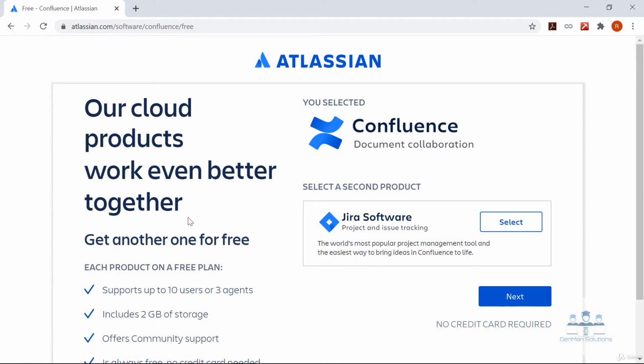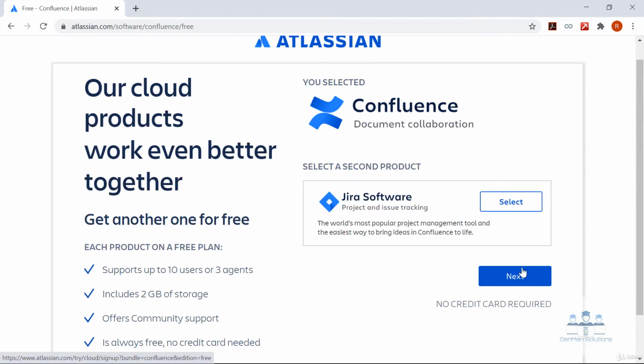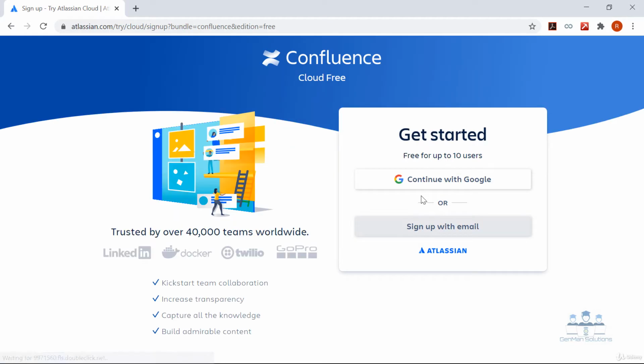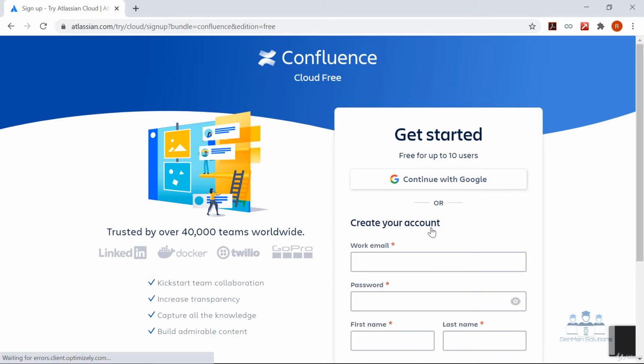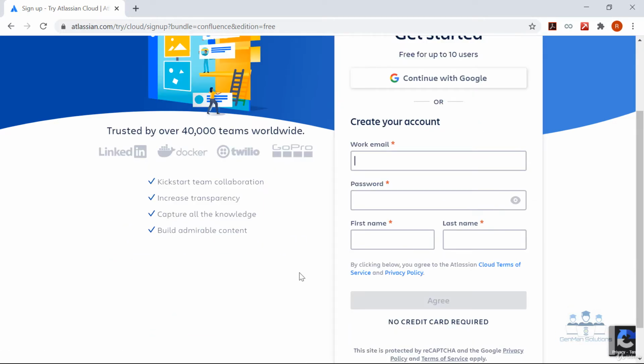Click Next. You can now create your account either by continuing with Google or by going with sign up with email. I'm going with the second one. Now just enter your email ID which you want to use to register here.